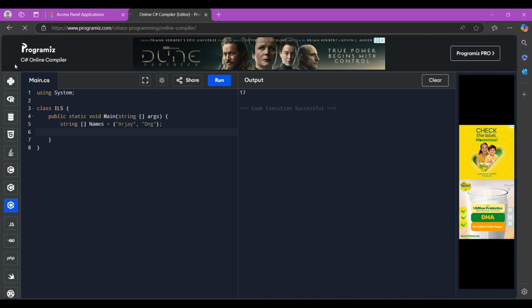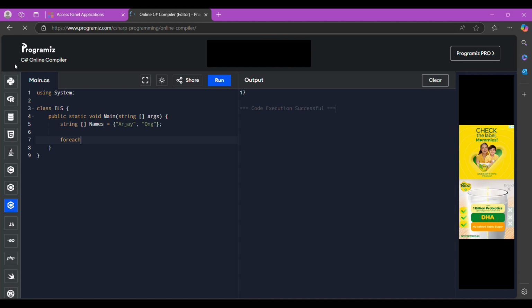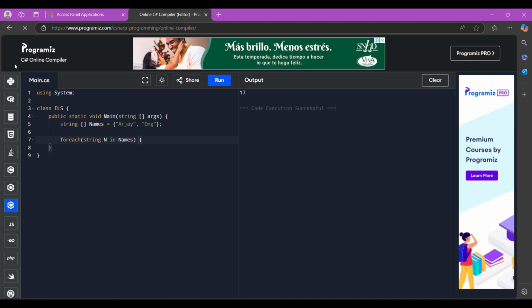Below that, we're going to type a foreach, and then string, because we're going to loop for each string in names, then an open curly bracket, then console.WriteLine.